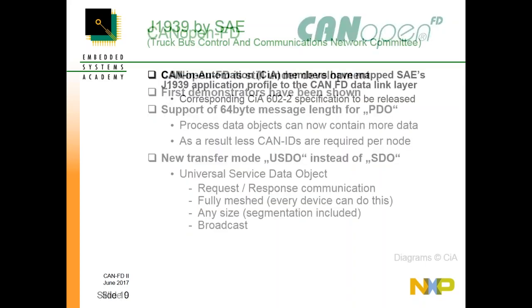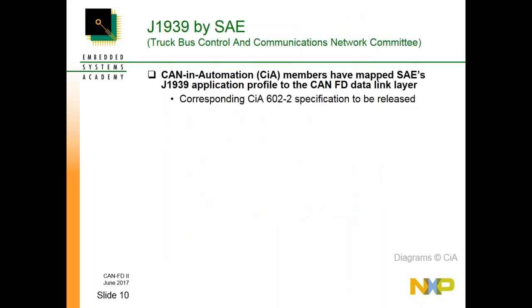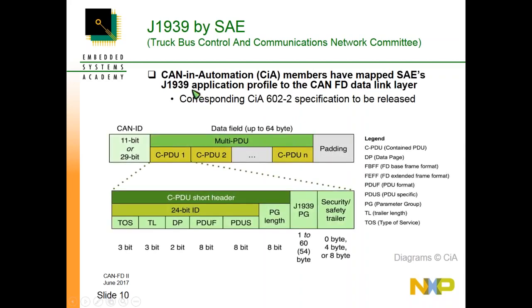Looking at other stacks, we also have J1939 by the Society of Automotive Engineers. That's the Truck, Bus, Control and Communications Network Committee. Well, they are not so active. The CIA was faster. They came up with their corresponding CIA 602, which is a specification for remapping some of the J1939 application profile. And what they did is that the so-called PDOs, also the process data units that you